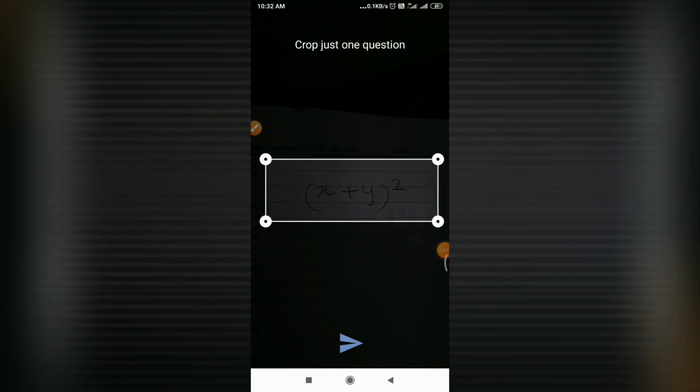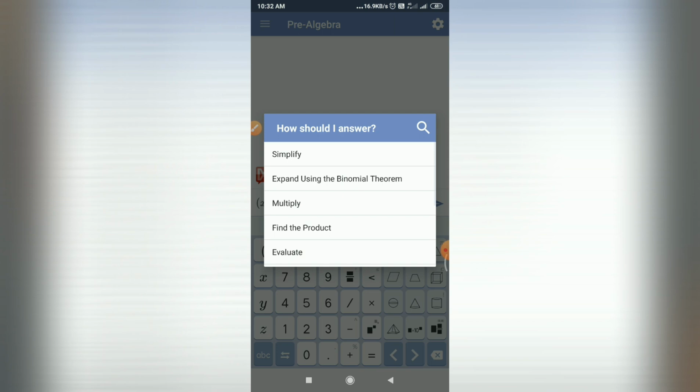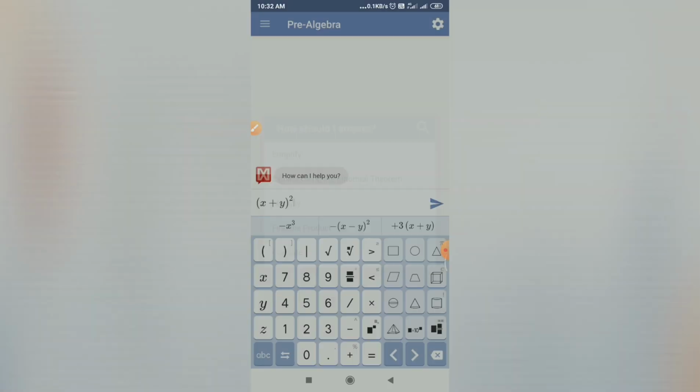It will be able to understand and recognize the equation. Here you need to adjust this square as per your equation and click on this button. Now you can see your problem is available. Now it will show you certain ways to solve this problem. So I will choose simplify.